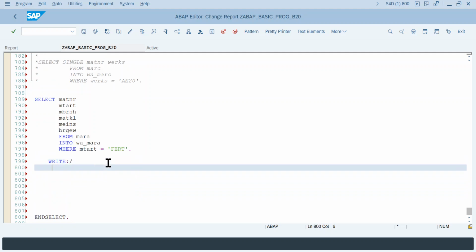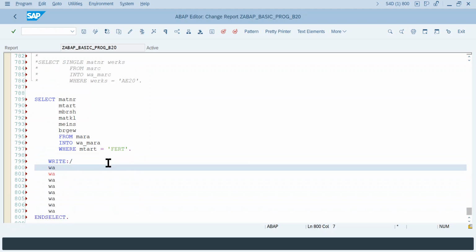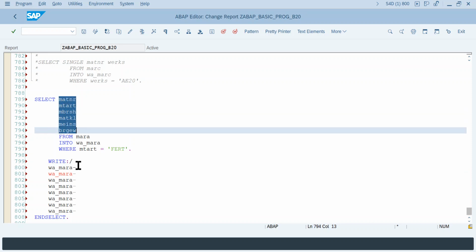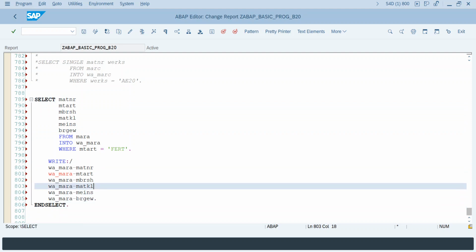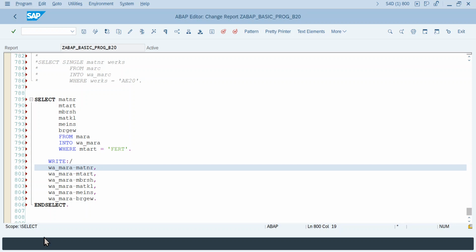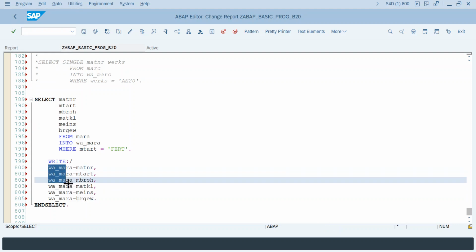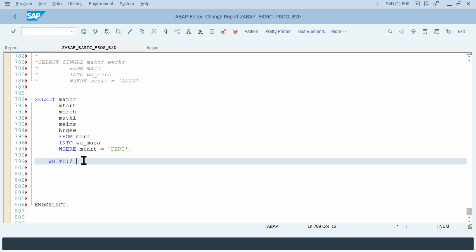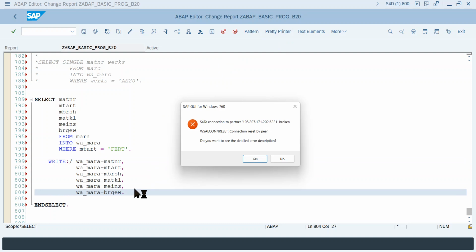Let's say write work area underscore mara hyphen